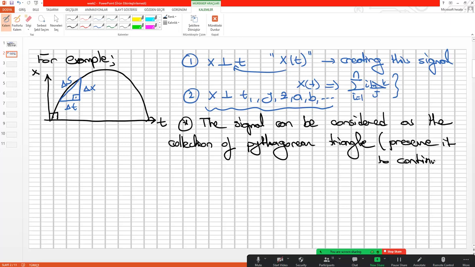Okay, and so this Pythagorean triangle proves that this is a continuous signal. We don't have any discrete feature or discrete time feature. Everything is just linked with the previous term or the forward term. Okay, and so the signal can be defined by using this nomination, and after that we can conclude that